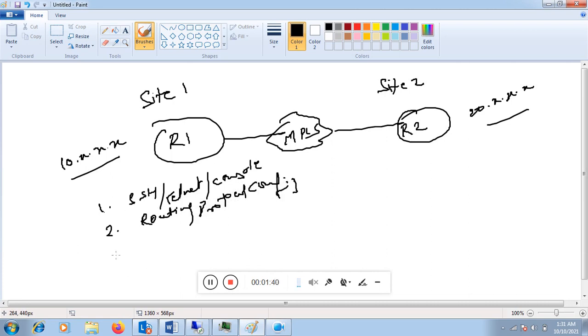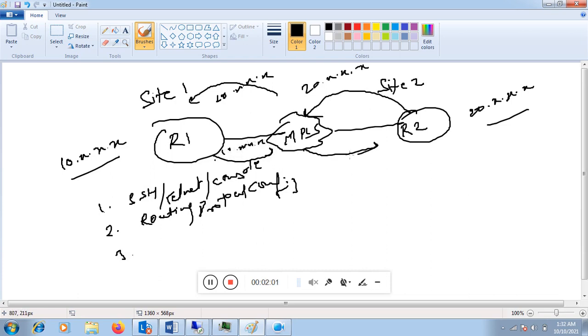Then the routing protocol will exchange the routes. Let's say R2 will send the 20.x.x.x to the MPLS router, and MPLS will forward it to router R1. Similarly, R1 will send the 10.x.x.x information to MPLS, and MPLS will forward it to R2.